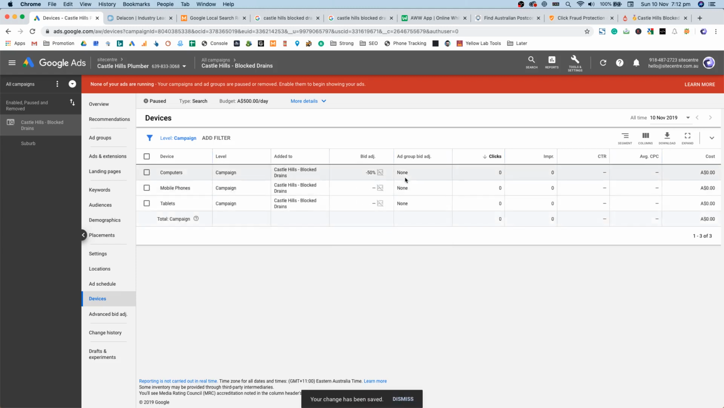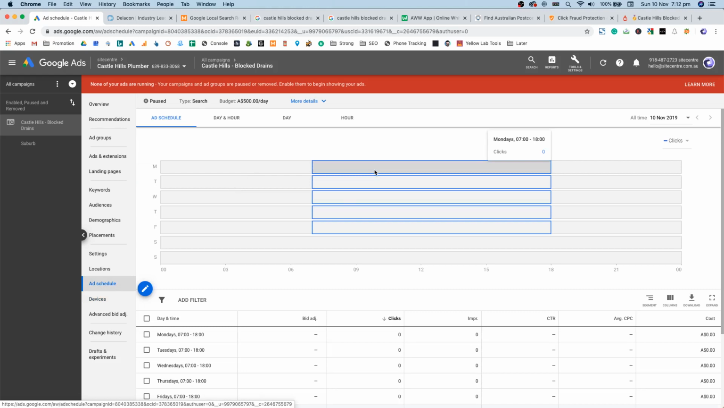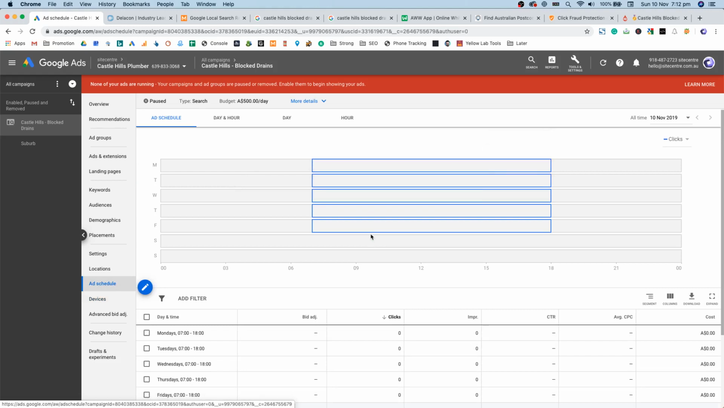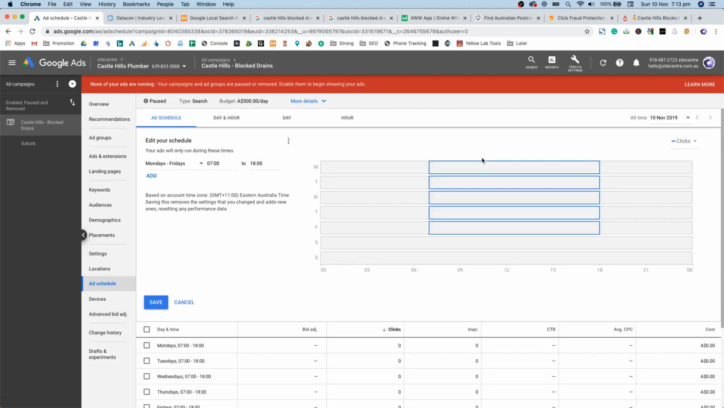Look at the report in a month and go, okay, we're getting no conversions, or some conversions, or the conversions are all crap. It's really around the reports and the data that comes in from those. Ad schedule, obviously we set that from 7 till 8. If you want to go a little bit more in depth, let's say you want to target the mornings because you really want to target morning calls, you can add